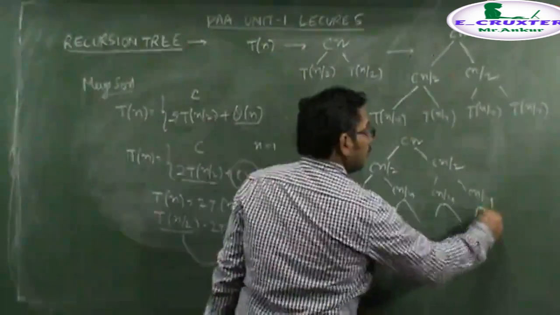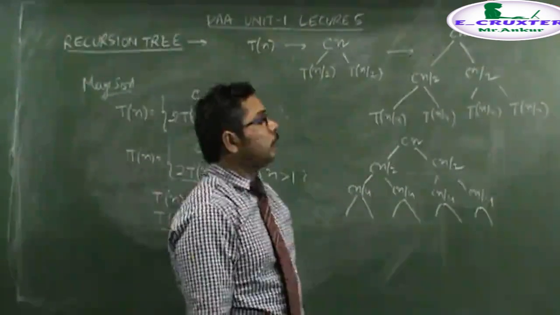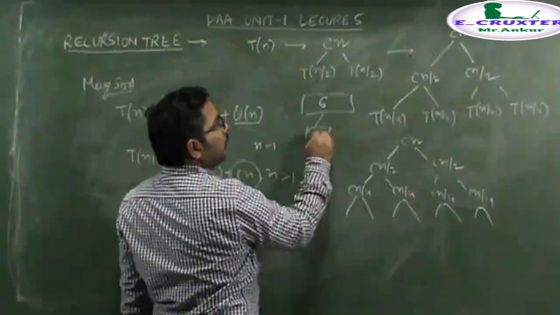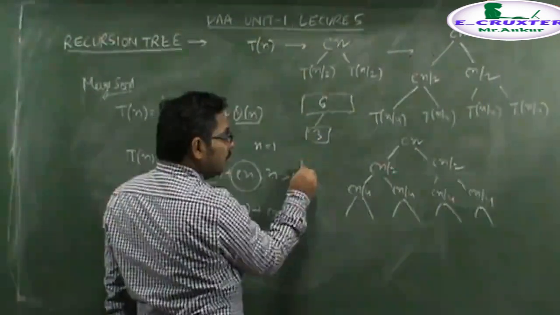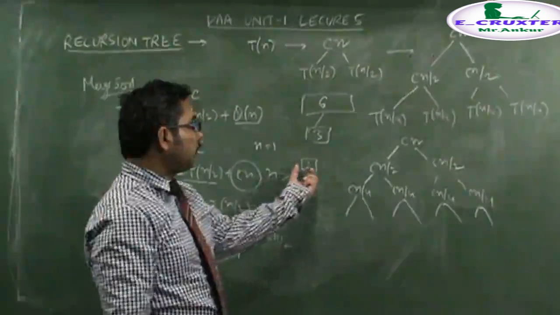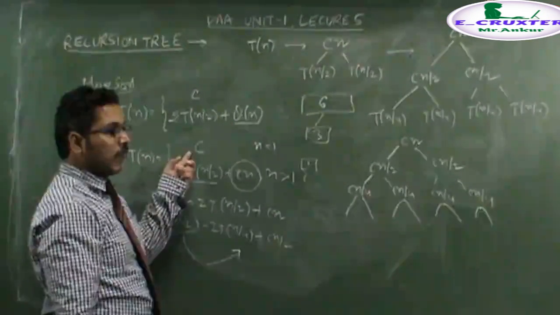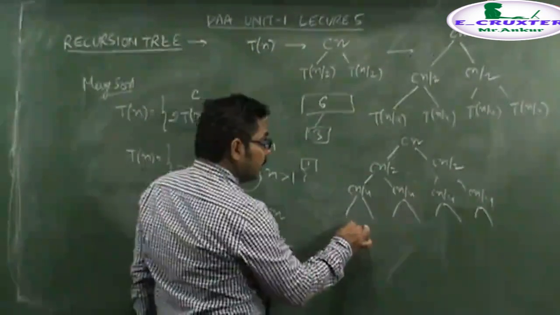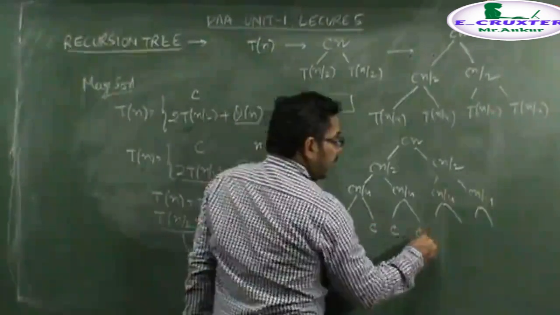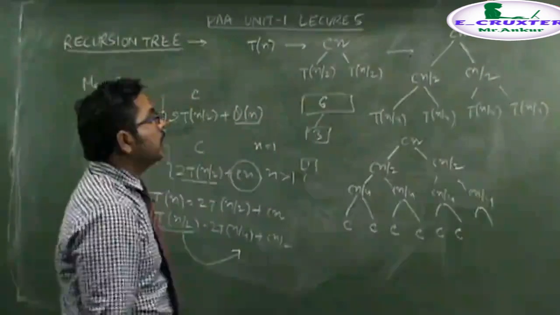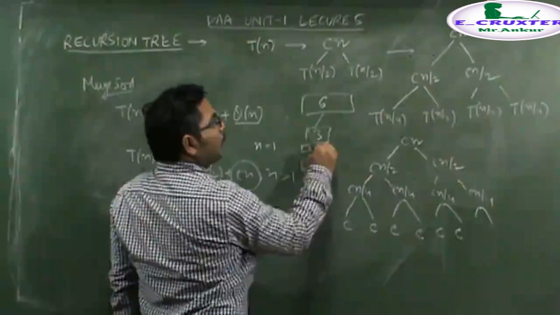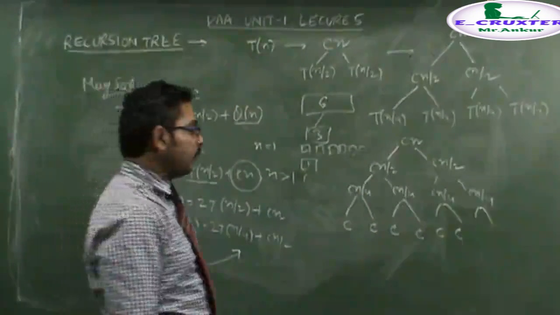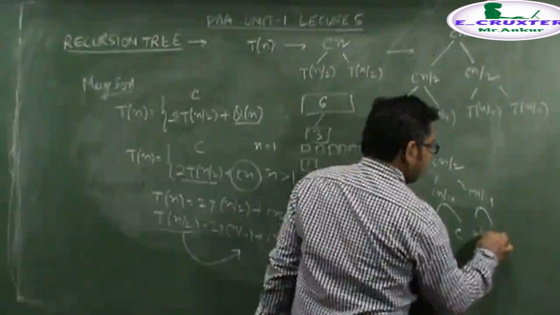Notice that n is the total number of elements in the array. Let's say there are 6 elements. Then n by 2 is the problem, there will be 3 elements. Then further, at one time there will be 1 element. To solve one element, the time is basically a constant time. Further division will make it a single element, and the time to solve a single element is basically C, a constant time. And how many single problems will there be? If there are 6 elements, then 6 sub-problems will be created. That is, if there are n elements, then n sub-problems will be created. So C will be coming n times.